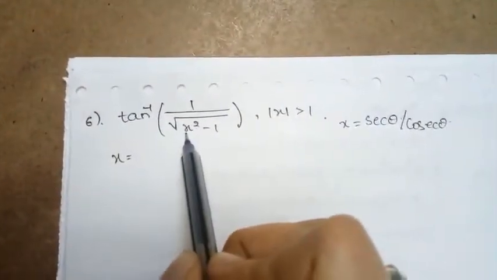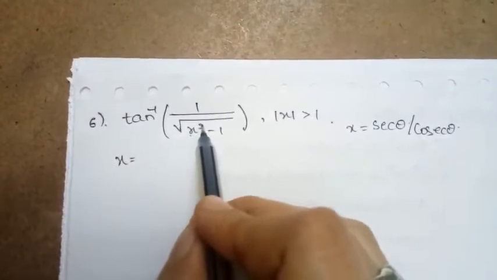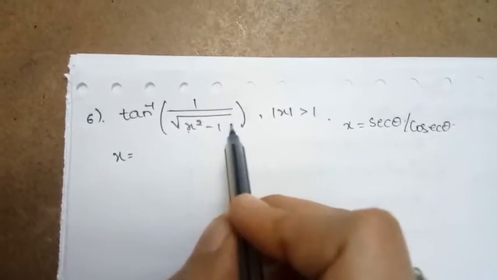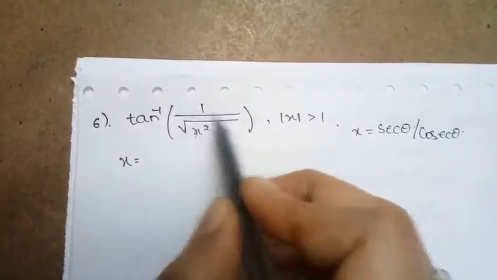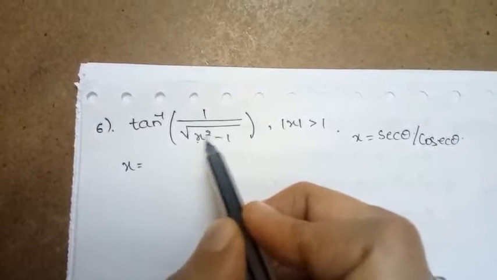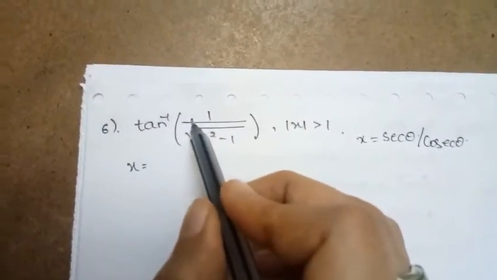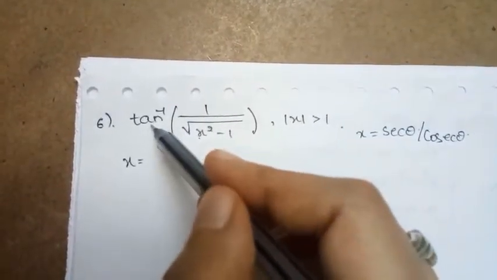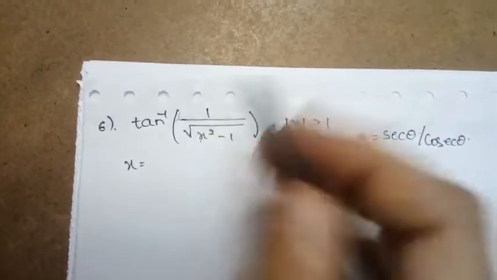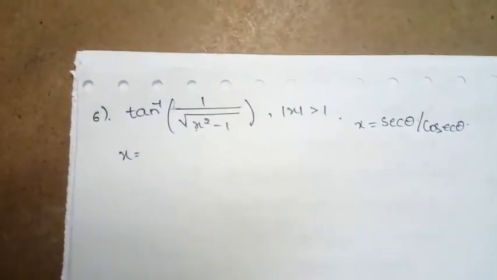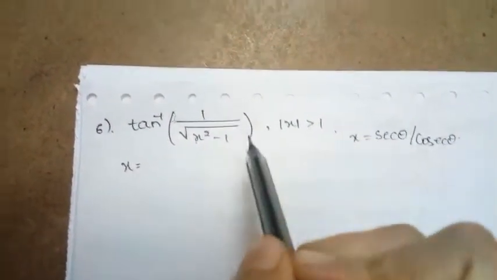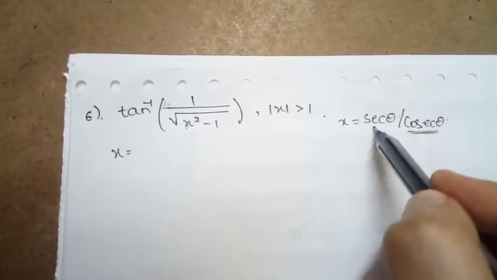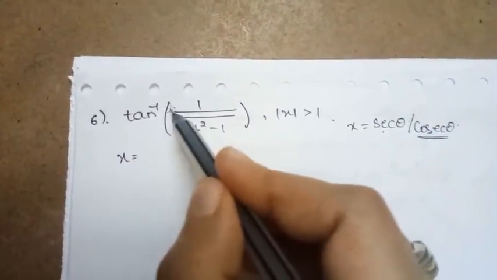Suppose I take secant theta; then secant square theta minus 1 is nothing but tan square theta. So the square root of tan square theta is tan theta, and 1 by tan theta becomes cot theta. So tan inverse of cot theta is not that suitable or simplified. Since it is tan inverse, let us try to bring tan here also, so that we get tan inverse of tan, which is easy to solve with the properties we know. To bring tan here, I am dealing with cosecant. If I deal with secant, we get cot.